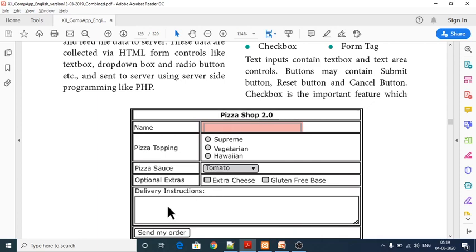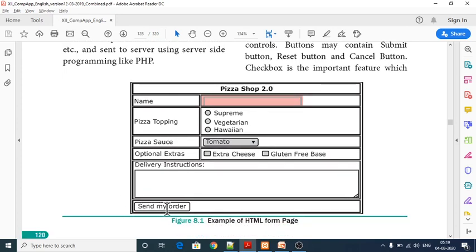And within the delivery instructions you can give your address itself to deliver the pizza, and here you have to give send my order. This is what is known as button, the OK button, and after clicking the OK button, your filled detail will be sent over to the data server of that particular Pizza Shop 2.0 server, and after that they will get the data